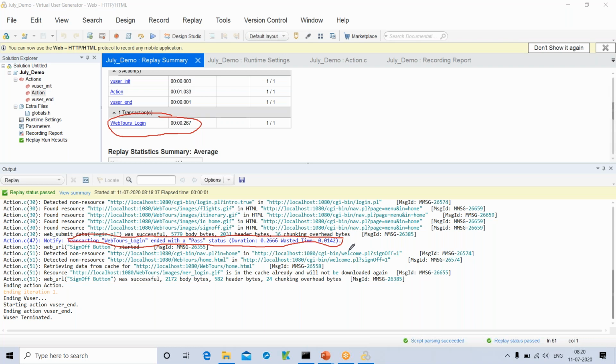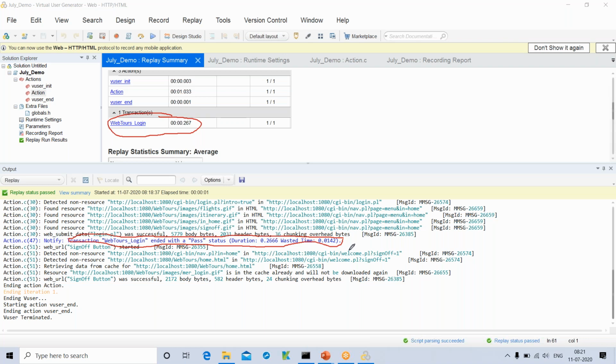Now, whatever I have done is only for one user. In the same way we have to perform for multiple users. Now we understood why performance testing, right? Generally performance testing is performed to evaluate application performance under some load. When I say some load, I mean multiple users.